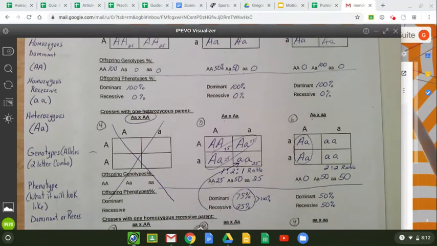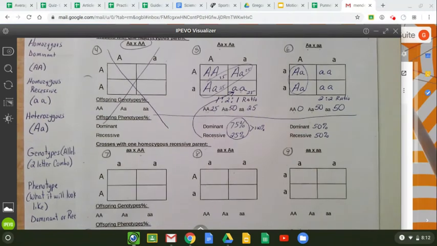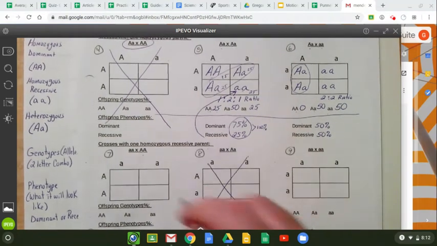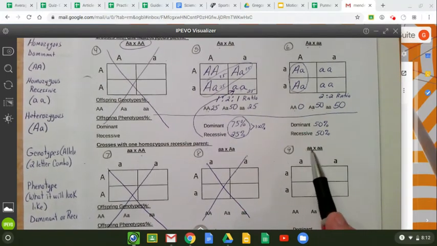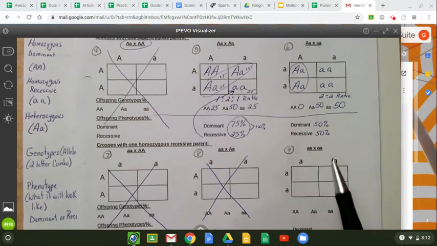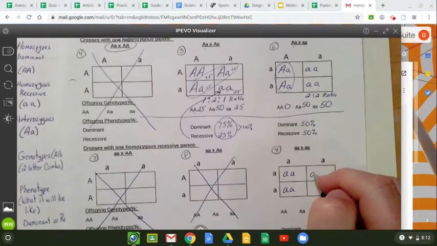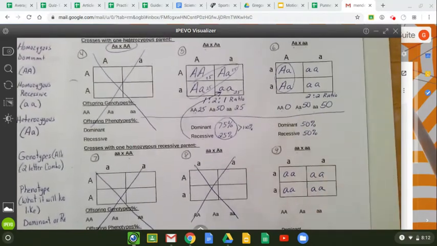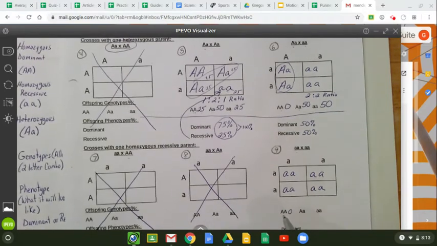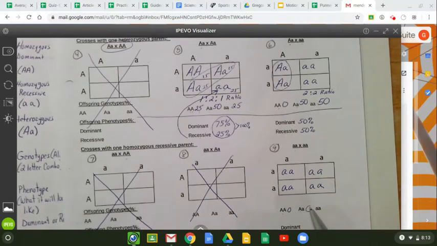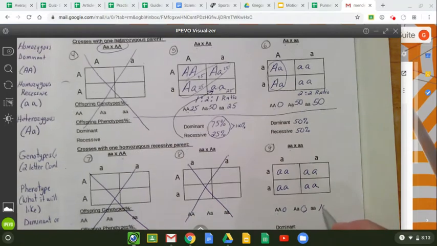All right. And then we're going to do one more square, one that we haven't seen yet. And that is going to be what happens when we cross 2 homozygous recessive parents. You should be able to fly through this square. They're all lowercase letters, similar to the first one we did with homozygous dominant. So here we have 0% homozygous dominant, 0% heterozygous, and 100%